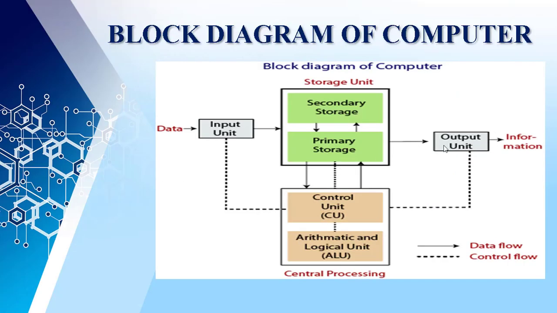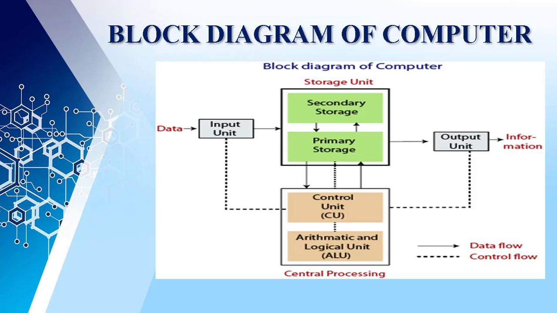Topic: what we are going to learn is the block diagram of the computer. This is also known as the functional components of the computer. The different components of the computer are the input unit, CPU, and the output unit. The input unit, that is the input device, is any hardware component that allows you to enter the data and instruction into the computer. The most commonly used input units are the keyboard and mouse.